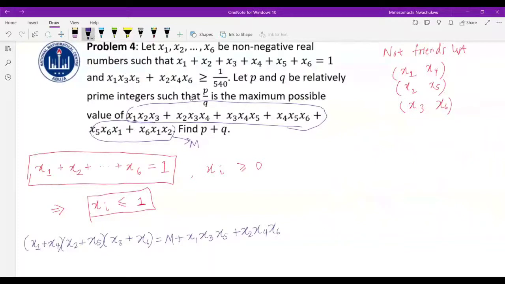Because addition can be done in any order, we'll do it this way: x1 plus x4, plus x2 plus x5, plus x3 plus x6,